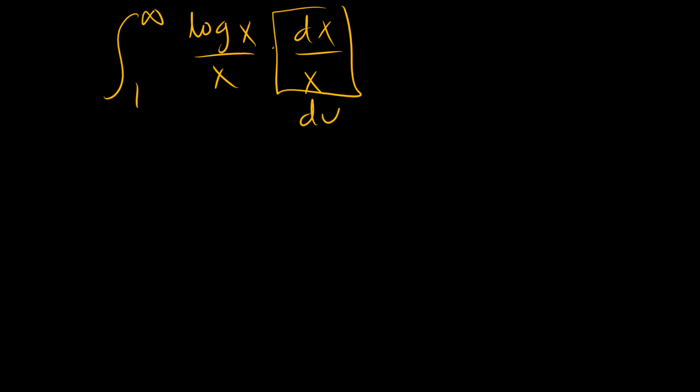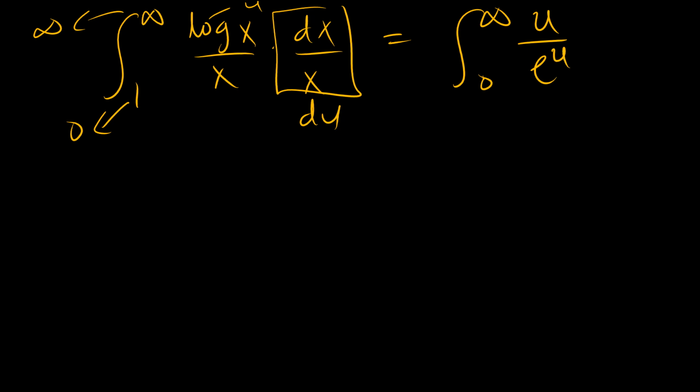So in other words, the integral from 1 to infinity of log x over x, dx over x. We've already found that this is du. We've found that this tends to 0. This is infinity for the case of u, and this is u. And then x becomes e to the power u. So this becomes 0 to infinity of u over e to the u du. So this becomes 0 to infinity of u e to the negative u